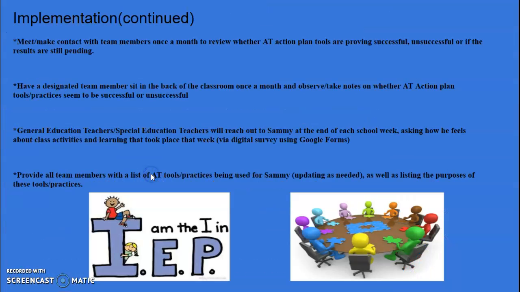Moving on to the next slide for implementation, we would meet and make contact with team members once a month to review whether the Assistive Technology Action Plan tools are proving to be successful, unsuccessful, or if the results are still pending. We would have a designated team member sit in the back of the classroom once a month and observe and take notes on whether the Assistive Technology Action Plan tools and practices seem to be successful or unsuccessful for Sammy. Likely this would be the special education administrator or the special education teacher observing Sammy in a general